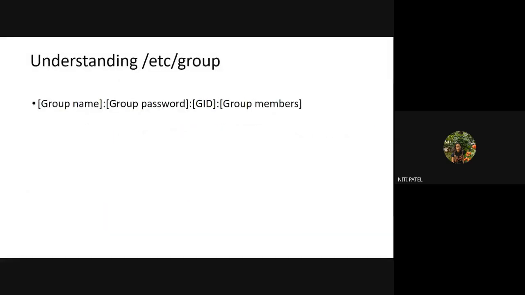Now next we'll see what information is there in /etc/group. You will have a group name, you will have a group password, you will have group ID, and you will have group members. So your My Linux belongs to which group name? 1002. That group, when it was created, it was given with some password. So that password is also stored over here. Your group name and your group ID will be same if you have not kept it different.